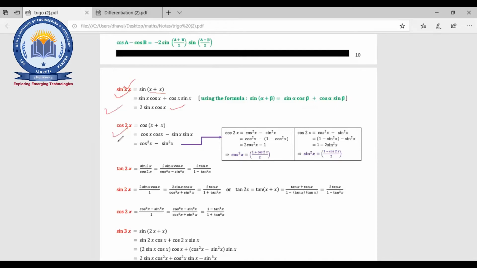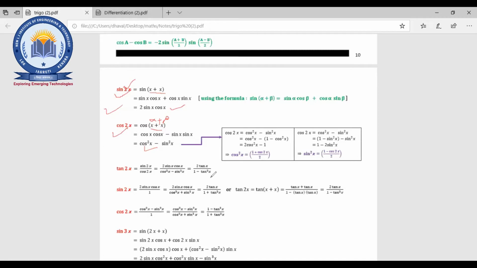Cos 2x. So again, instead of 2x, you can write x plus x. So now you just need to write down the equation for this, right? Cos x into cos x minus sin x into sin x. We have seen the equation for AB, right? Or alpha beta. At that time these were different, but here both are x. So we'll get this answer, cos square x minus sin square x. Now cos 2x, while we are going for either differentiation or integration, at that time these are useful to you, right? That means instead of cos 2x, you can replace it with this. Otherwise cos x plus is x is given and you can go for cos 2x.